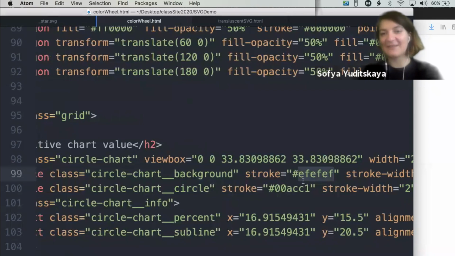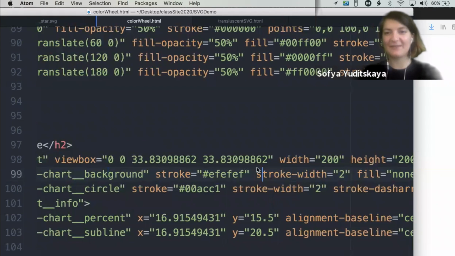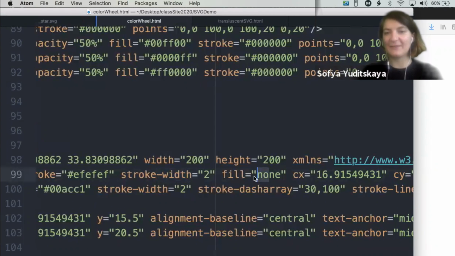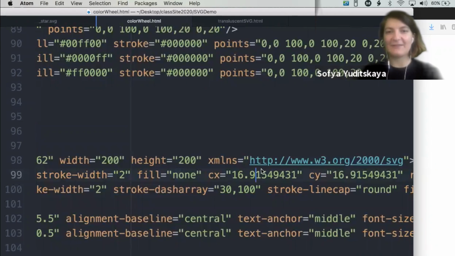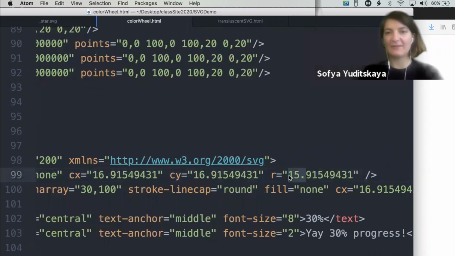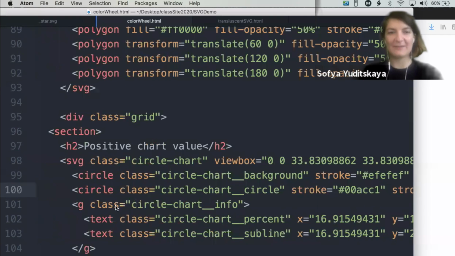And you can tell that this is the gray thing because if you look at this color, EFEFEF, that's a light gray, right? If FFF is white and 000 is black, then EFEFEF must be a light gray. So we know that that's what that is, and it's defined with its stroke, and it has no fill. And then this is where it starts drawing the X and Y of the circle, and that's the radius of the circle. So the blue that's under it,